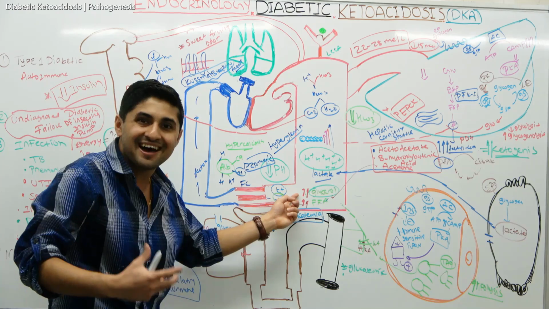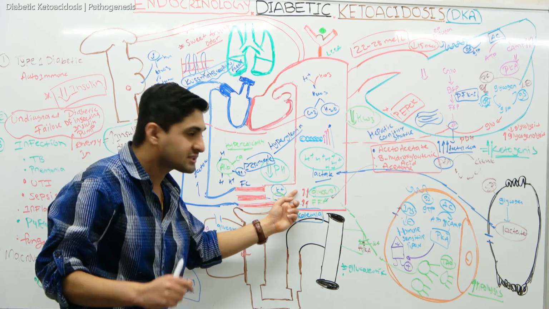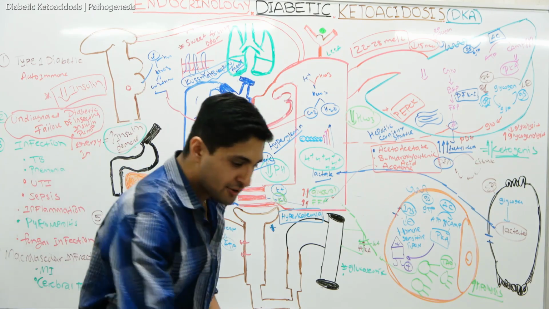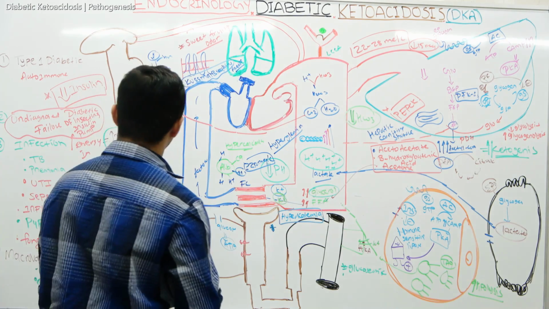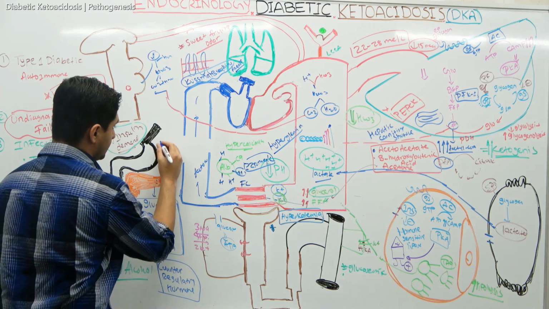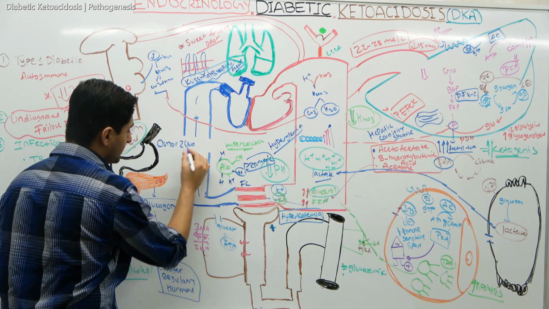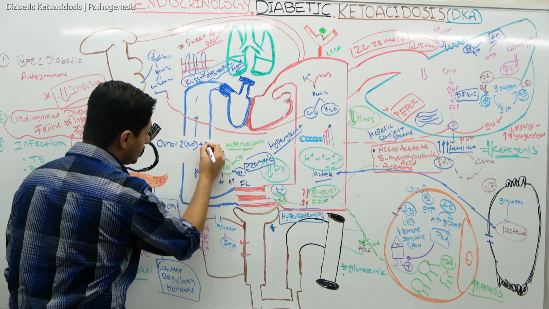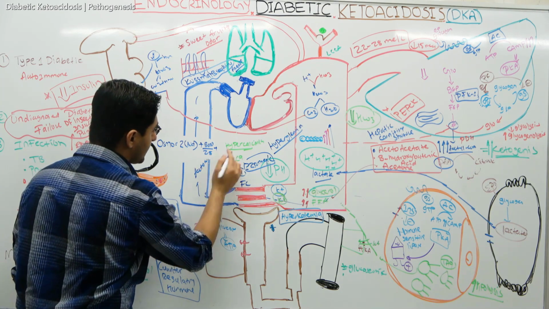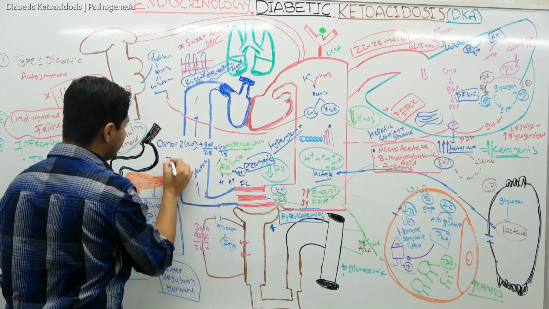And because there's a high level of glucose, that's going to disturb your osmolarity. How is it going to disturb osmolarity? Let's write down the equation here. Usually the way you find osmolarity is, you do 2 times the sodium, plus your blood urea nitrogen divided by 2.8, plus your plasma glucose level divided by 18. That's what you usually do.